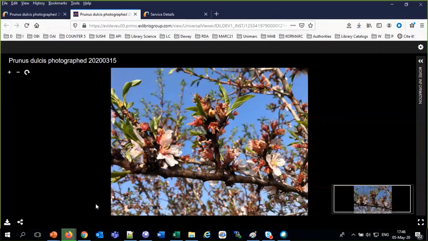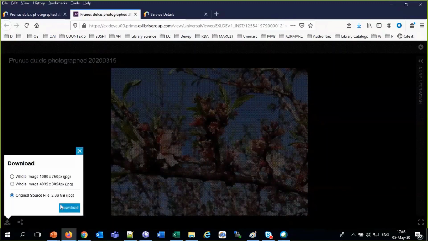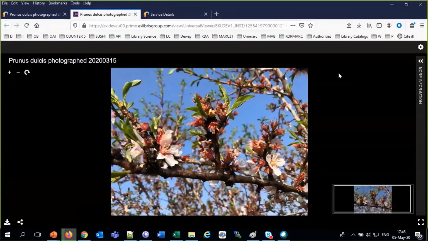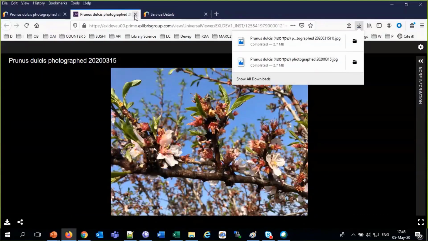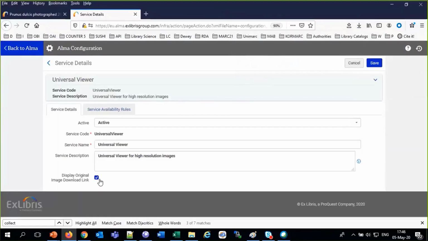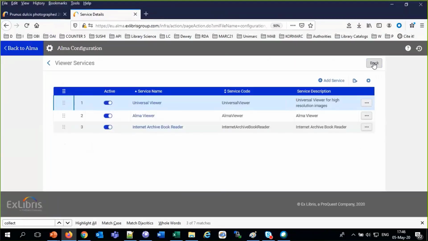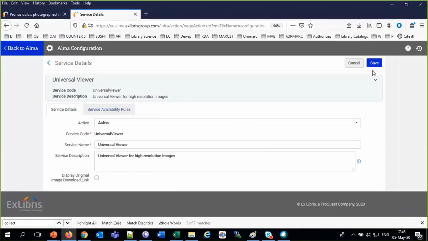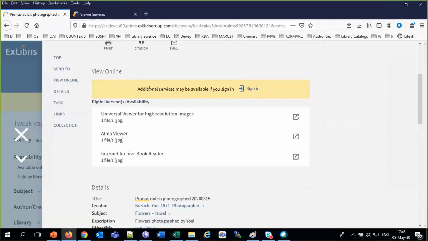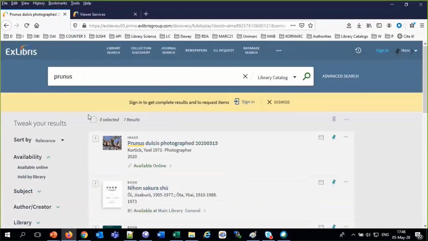And that downloads the file, and then depending on how my browser works and everything else, it'll download. Here I can see it downloaded right here, the Prunus dulcis. So I downloaded that to my browser. If that was not clicked and I saved, let's make sure, not that I don't trust Alma, it's not clicked and I save, and someone comes along here and again